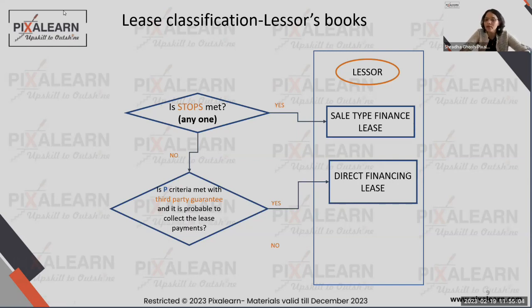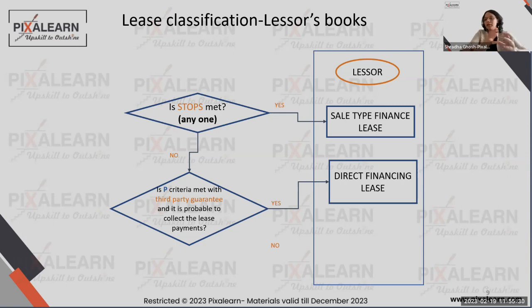If none of these criteria are met, then we're going to say, okay, is it that there is a third party who's guaranteeing your minimum lease payment or the residual value of the asset? So if that third party is guaranteed, and if that, you remember the criteria of the PV? So ideally, the lessee is not paying you the figure, but a third party, imagine if there's a financer who is giving you that amount, and if that financer is promising or guaranteeing to give you a residual value, then